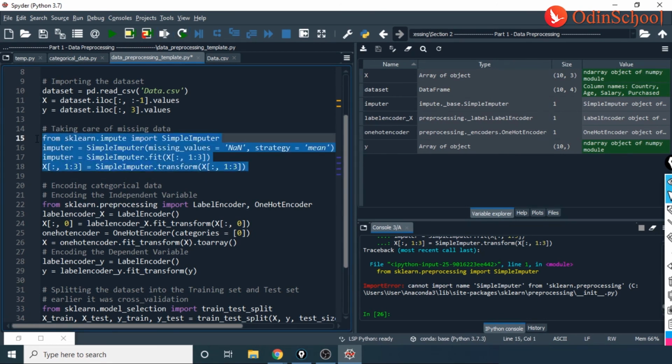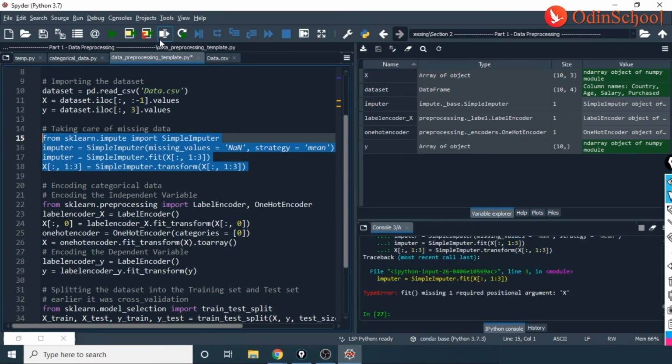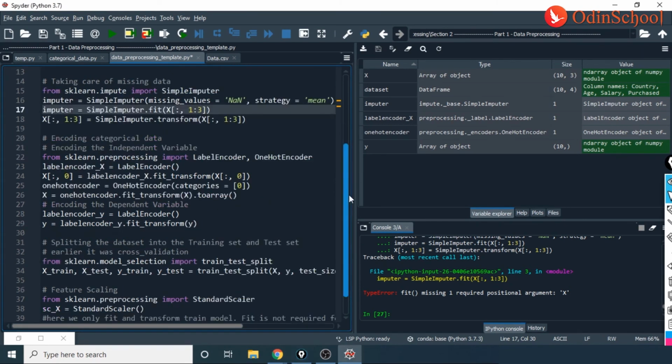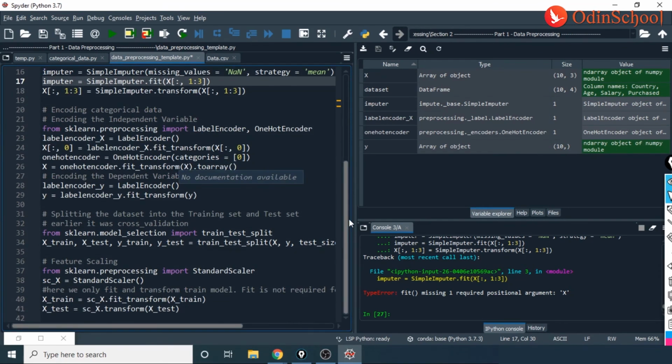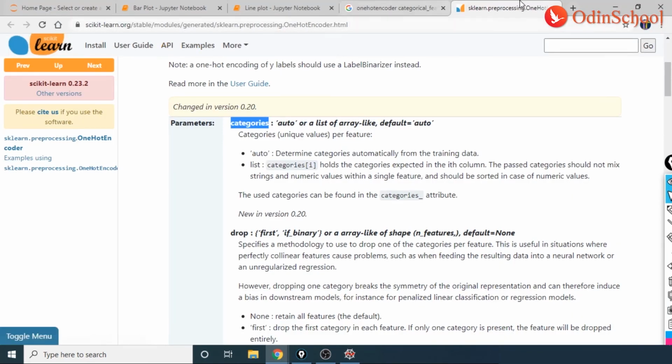All right. So now I would again implement this chunk of code, and now it says that there is some missing value, or fit is missing one required positional argument of x, and here I have specified it, but this is how we work on them, right guys? This would still need some more time for me to execute and just check where it is going wrong, but not to worry, we would come up with another example, and we've already seen how to work on missing values using the same case study here, and just to be sure, I would just want to mark things once again.